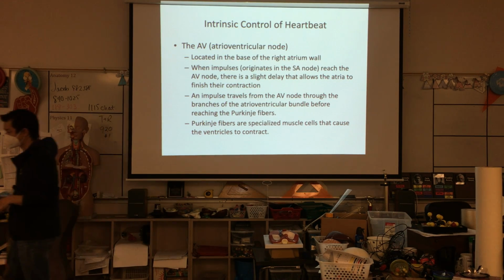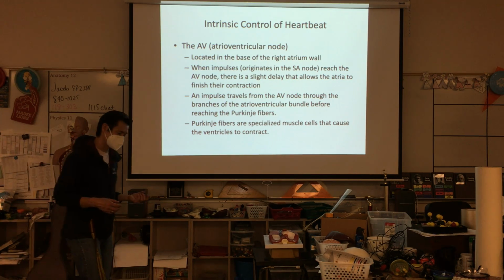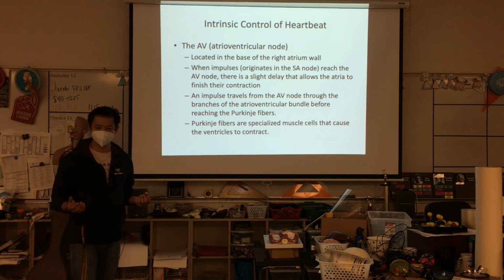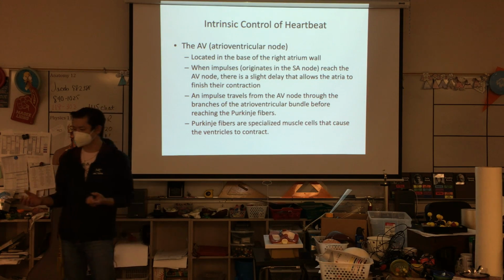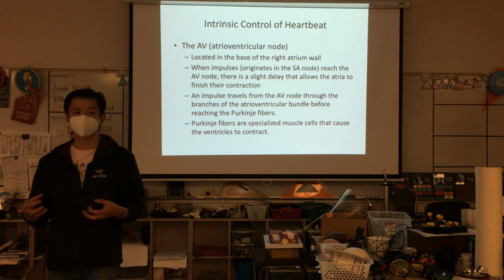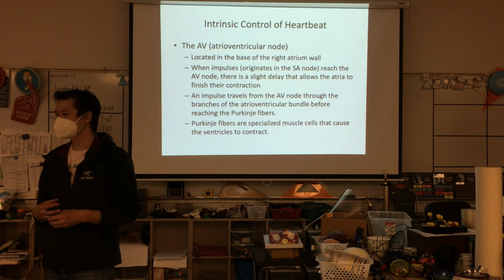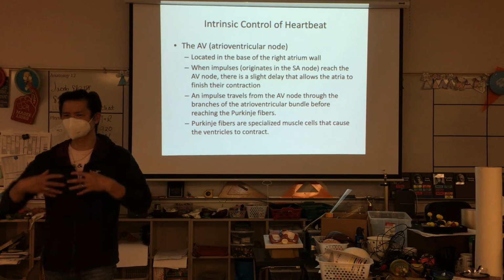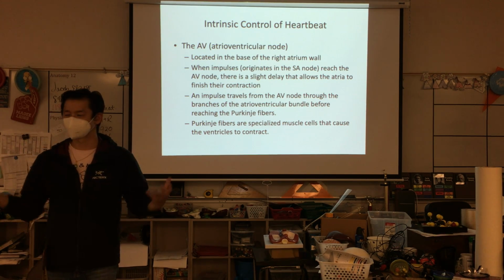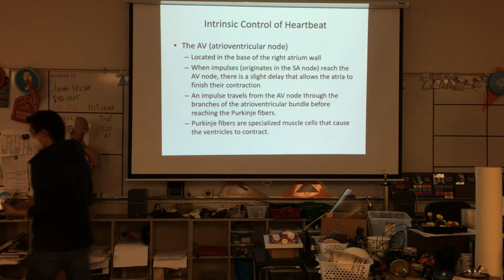bottom to squeeze. Now, there's also extrinsic control, and that's your brain. If you did your nervous system lessons, you know about the autonomic nervous system. The autonomic nervous system is different from your somatic nervous system because it doesn't have direct input from specific receptor cells. You remember that was part of your lesson? It's kind of a holistic gathering of information, and it decides if it should speed up or slow down. So your autonomic nervous system,